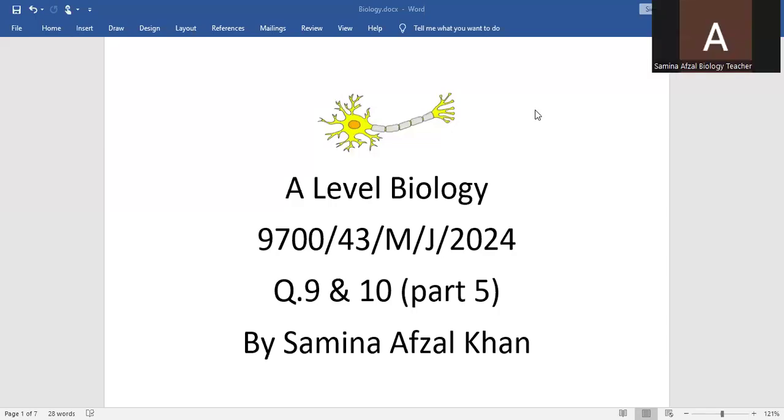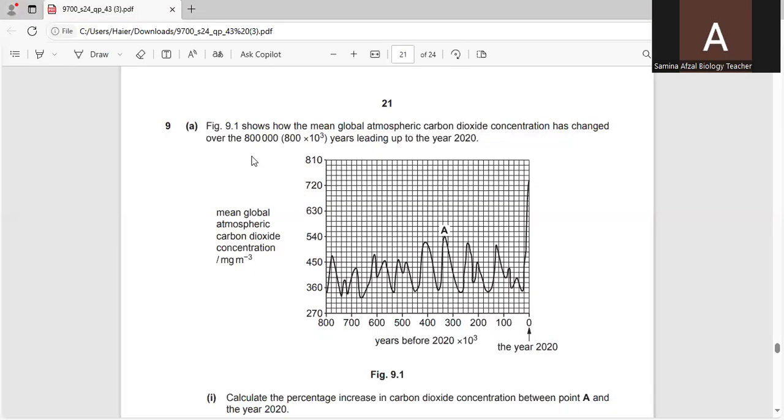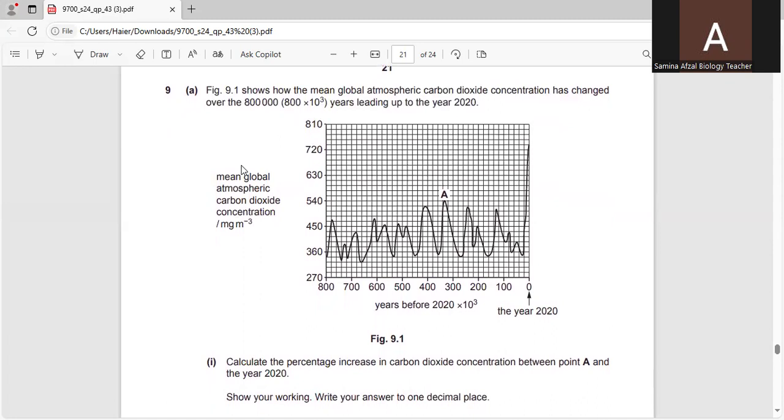A-Level Biology 9700, Paper 4, Variant 3, May/June 2024, question number 9 and 10. And question number 9 is: Figure 9.1 shows how the mean global atmospheric carbon dioxide concentration has changed over the 800,000 years leading up to